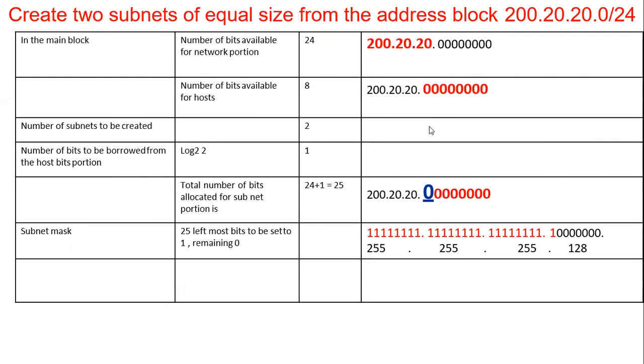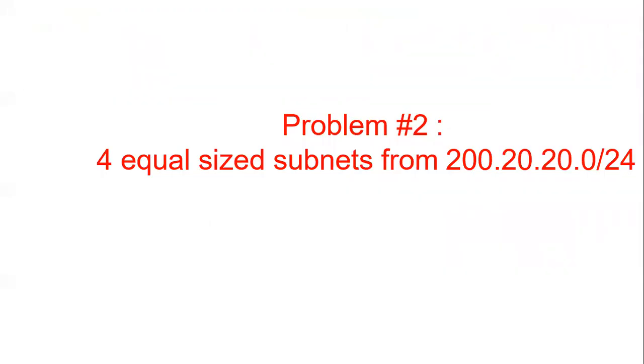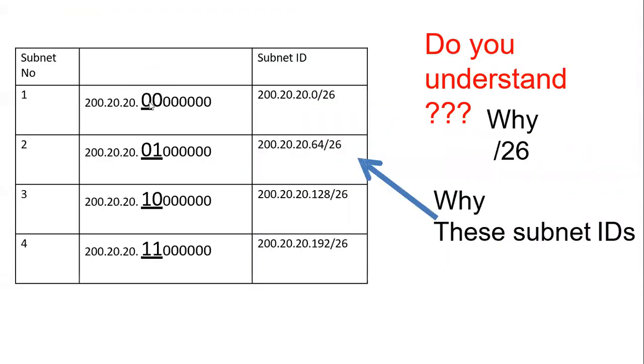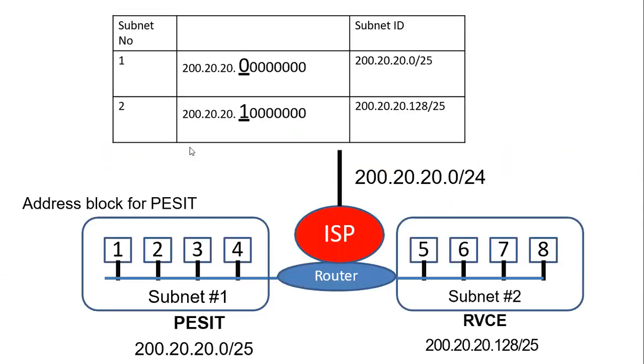Say for example, this is the IP address, and we borrow 1 place from the host ID place. When you borrow it, this becomes the subnet mask for the subnet that is created. The remaining bits can be used as your host ID. In this example, you can see there is 1 bit which is borrowed.